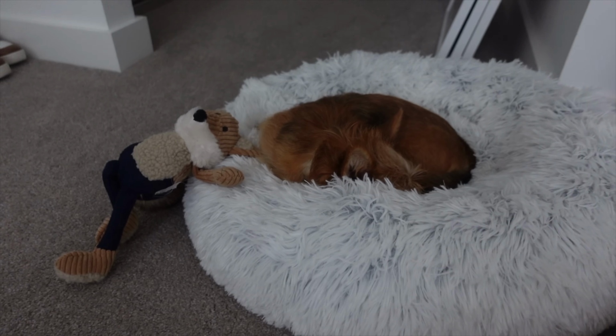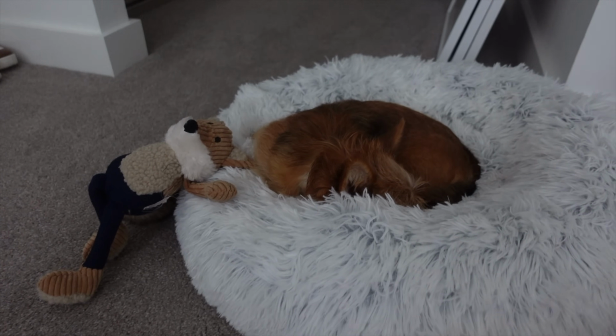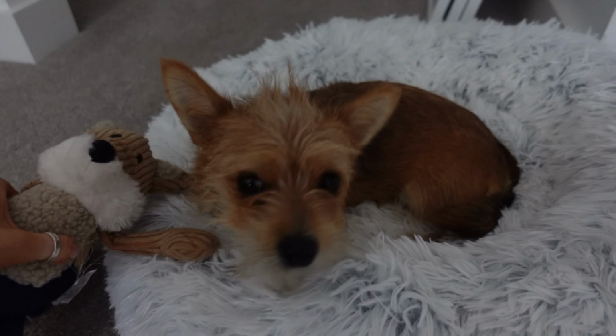I am now probably going to have to start thinking about dinner. I think I'm going to pull out some of my recipe books and see if we can find some inspiration in that. Have you ever seen a cuter sight than Rue having her little afternoon nap with her,